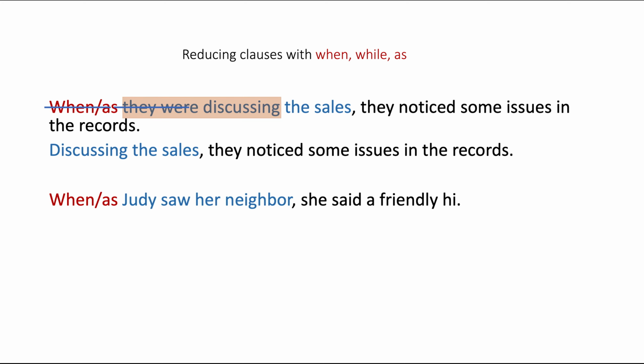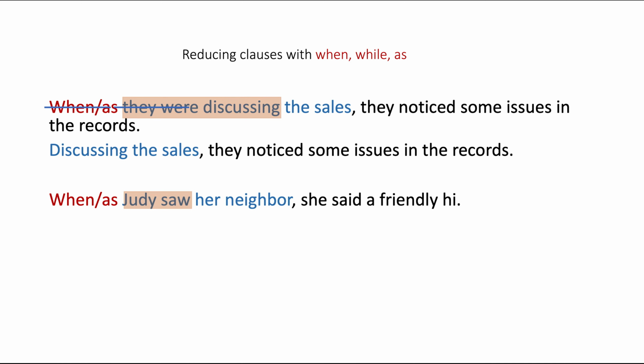I included this example because I wanted to point out two important things. First, the main verb here is simple past, but that doesn't change the rules. Even though this is a simple past verb, when we are going to reduce this, we're going to use the present participle. Doesn't really matter because present participle doesn't have a time. It doesn't indicate any time or a tense. And it just shows some kind of an action or a state. And it is the main clause that helps us realize when the action happened and under what conditions